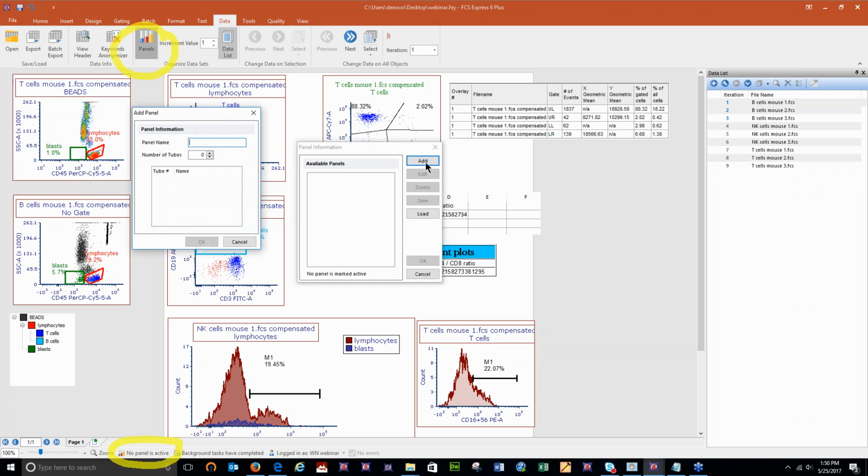So click add, you can give it some kind of a name. I'm just going to call this my mouse experiment number 1. Tell it the number of tubes. And here I would advise giving each of your tubes a name. It's not mandatory, but it's going to help you keep everything in the same order so you don't get transpositional errors. Okay, so why don't we just call it B, NK, T,